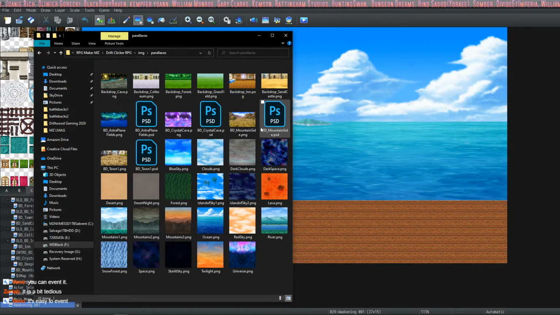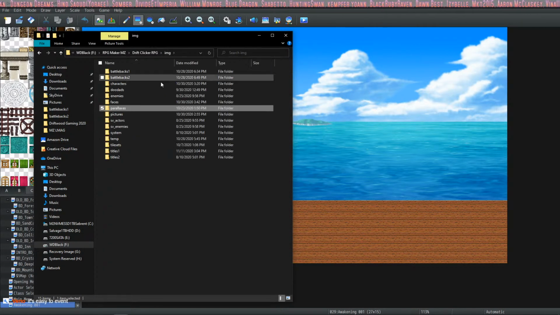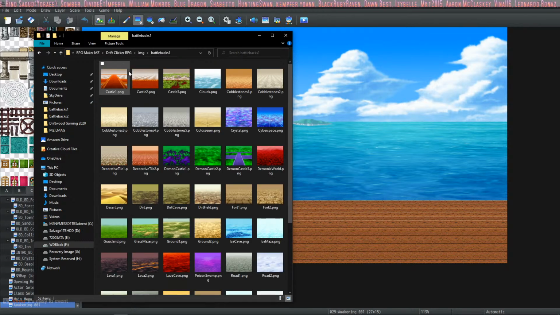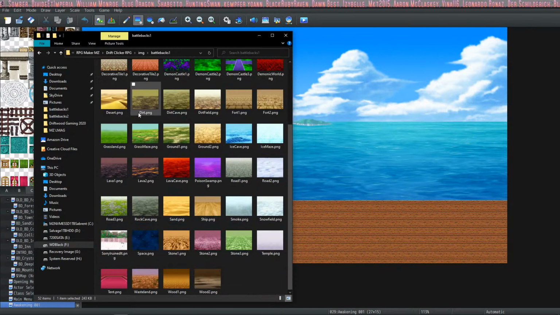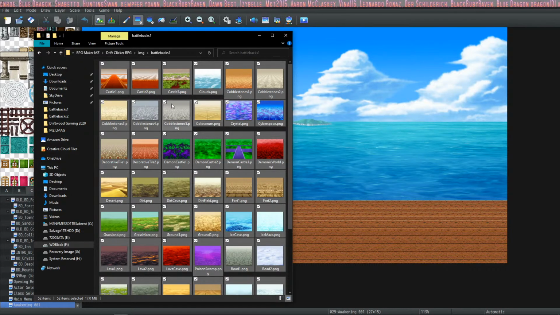I mean, they're using default assets, but we can go from here to here, and that highlights 21 items. So as far as parallaxes, it looks like you have 21 here. And then for battle backs, some of these did I create? Maybe.